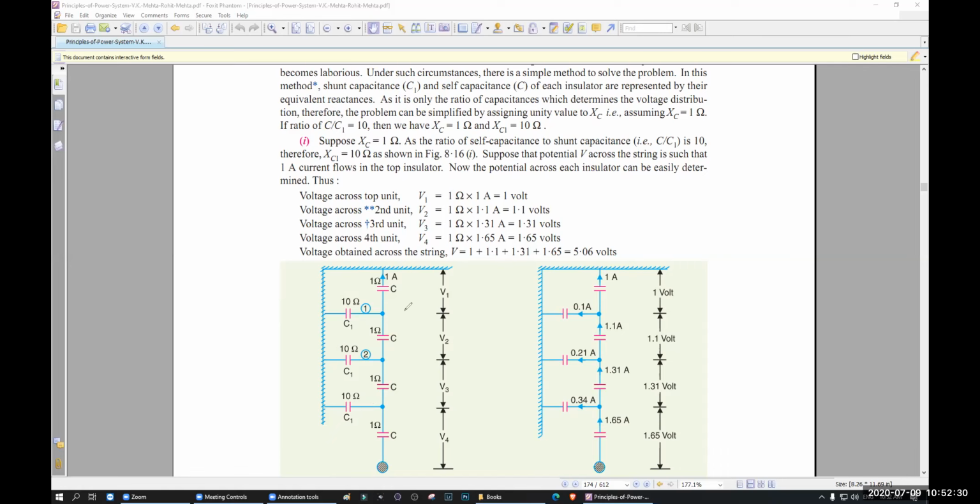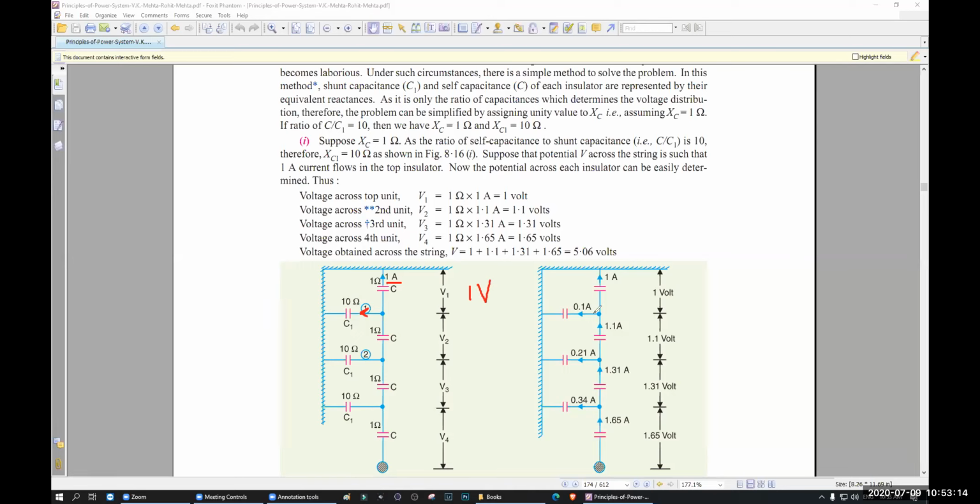Okay. So let's say in this 1 ohm, we have 1 ampere of current. What is the voltage here? How much volt will you have here? V1, right? This V1 will be 1 volt. How do I know that? Because 1 ohm, 1 ampere, if you multiply it, you have 1 volt. So how much volt do you have in this 10 ohm? You have 1 volt as well. So how much current will you have here? 0.1 ampere. Why? Because 1 volt, 10 ohm, if you divide, 0.1 ampere.